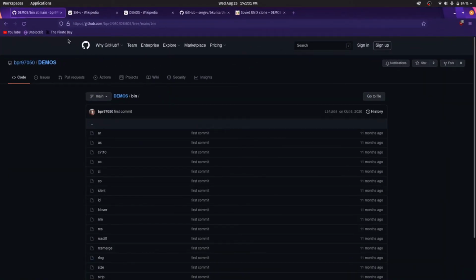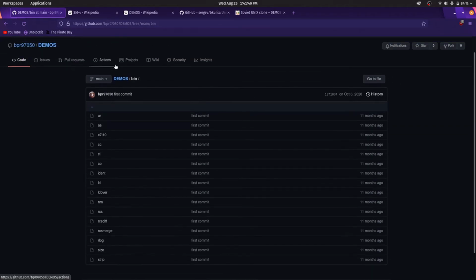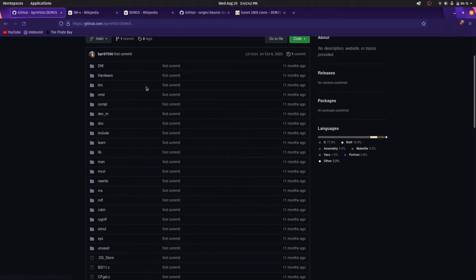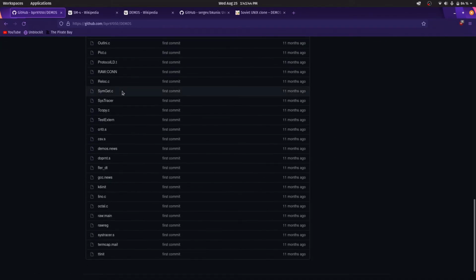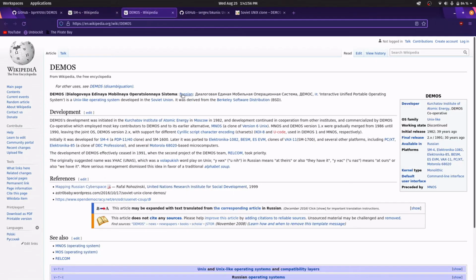Here I put other links that may be useful. This is the source code of Demos, the version made for PDP-11 system. This is the computer that was made to run our operating system, Demos. This was made for the atomic center, atomic energy.